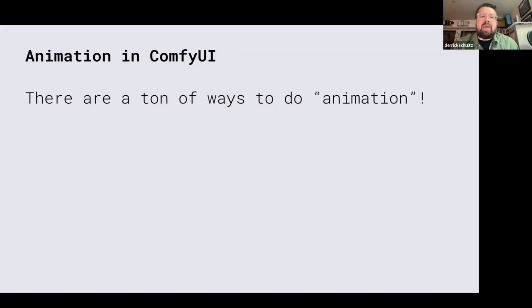All right, so let's talk about animations this week. Animation is such a massive category. There are many different ways to do quote unquote animation. Even before ComfyUI and before all these cool animation models existed, people were doing animations using AI. So I'll just talk about some of the techniques that we could look at. We won't look at them this week, but if anyone's interested in them,